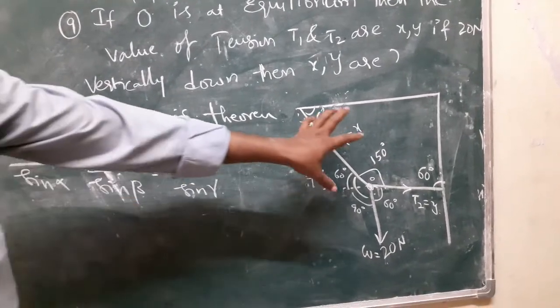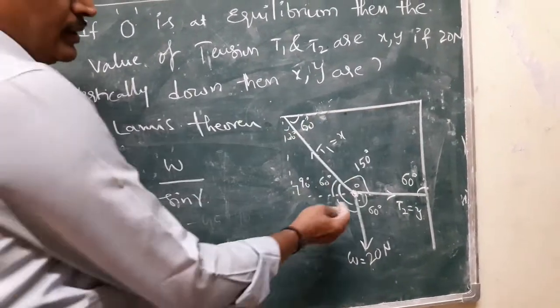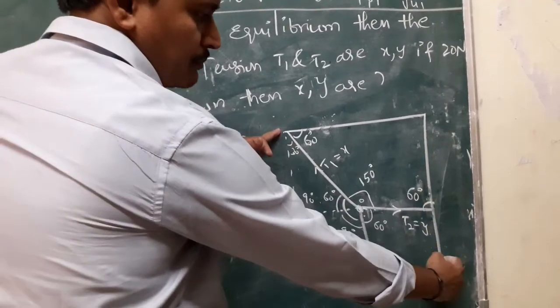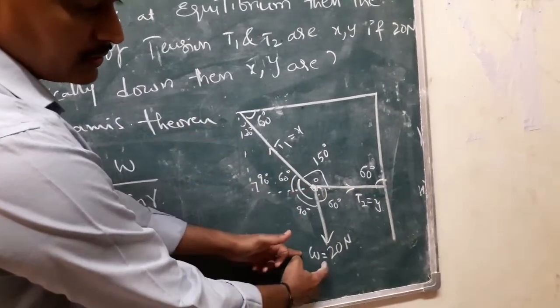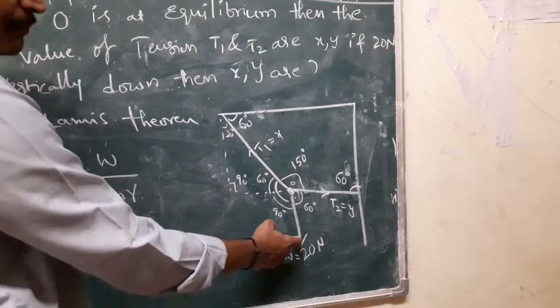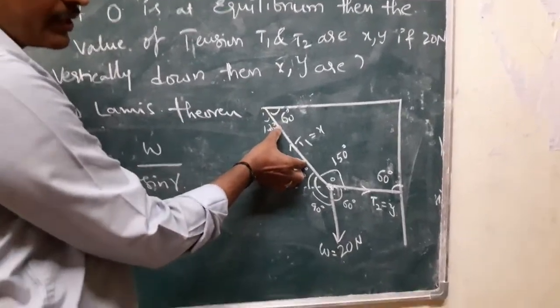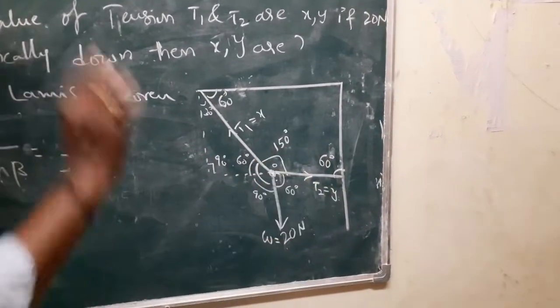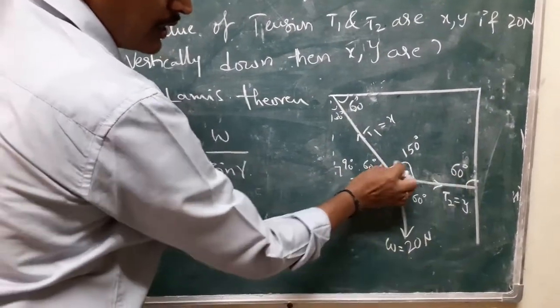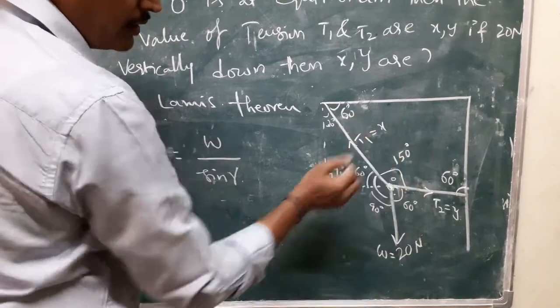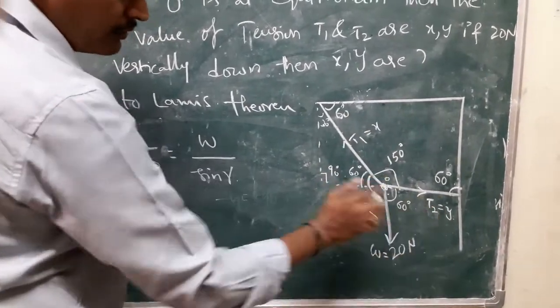Here this is the diagram. Here this is an L-shaped stand. We can consider two strings, and here it is connected with a third string. Then the T1 tension and T2 tension values we can assume. Actually, these are the angles 60, 60 and 150. These are given, and the remaining ones are not given.